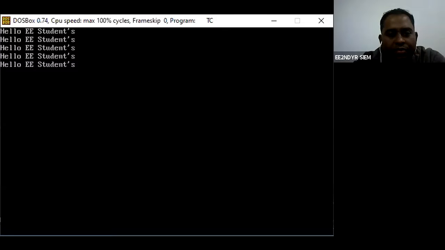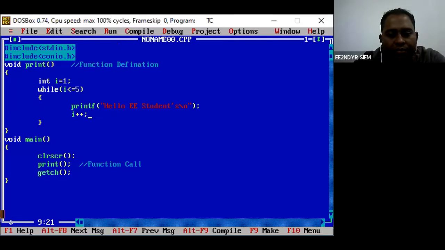So, same thing. What is the difference between for loop and the while loop? In a for loop, I have written the initialization, the condition, and the increment in the same line. But in this while loop, the initialization has been done previously. Then the condition is checked, and only if it is satisfied will it print this line. After printing, it will increment the value. Rest of the things is same.